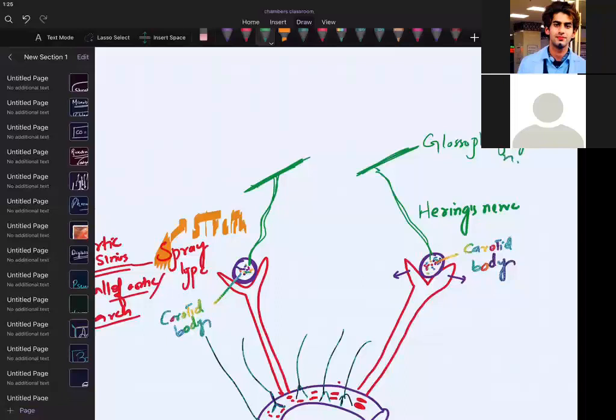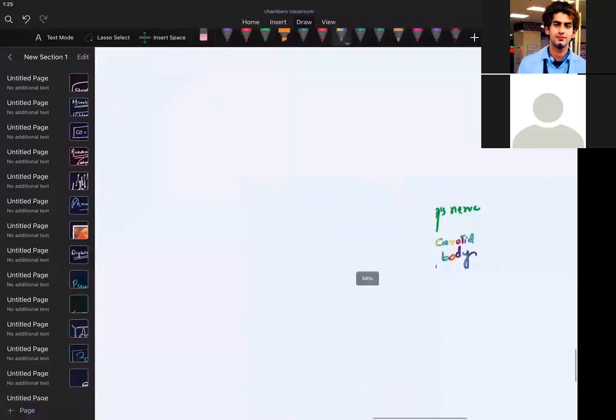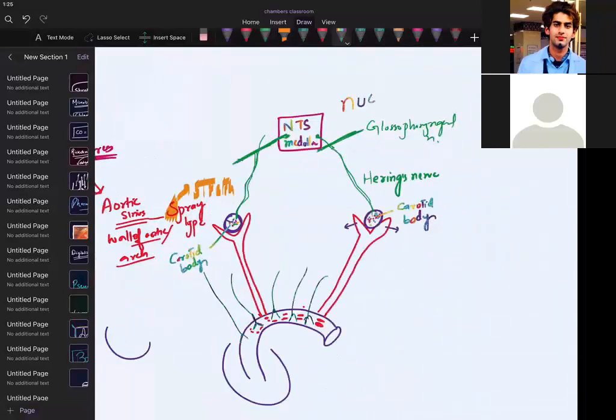And then this glossopharyngeal nerve is going into dash. Where should this glossopharyngeal join? The medulla. Then it goes into the medulla. That area of the medulla is called the nucleus of tractus solitarius. Wow, God is so beautiful, He has designed it so beautifully, really. Nucleus of tractus solitarius, NTS, medulla. Let me write nucleus of tractus solitarius.